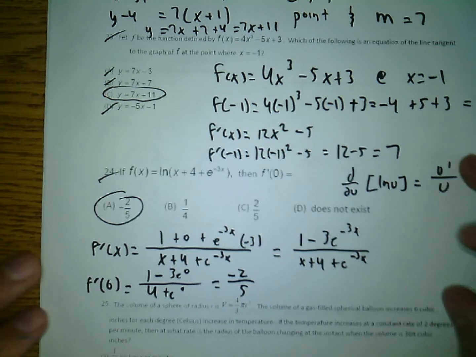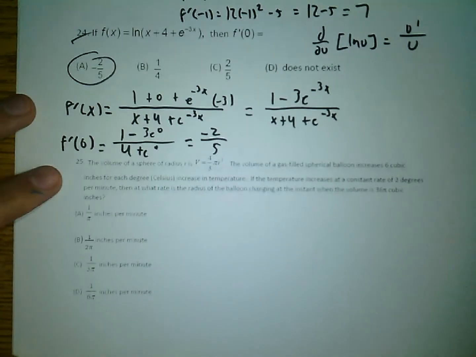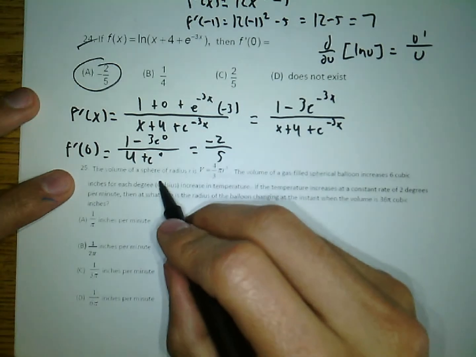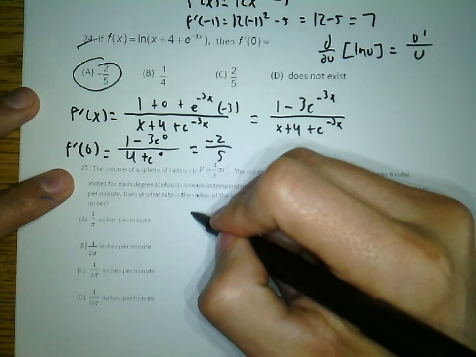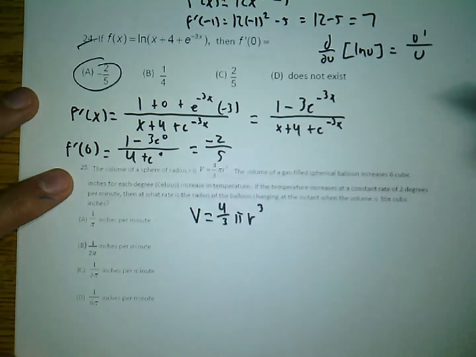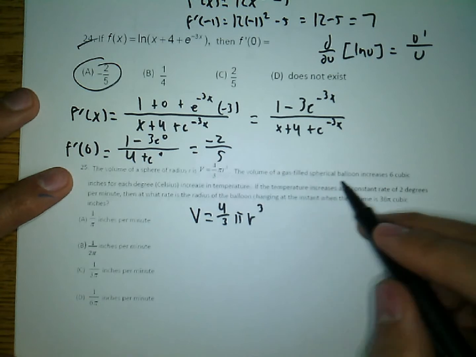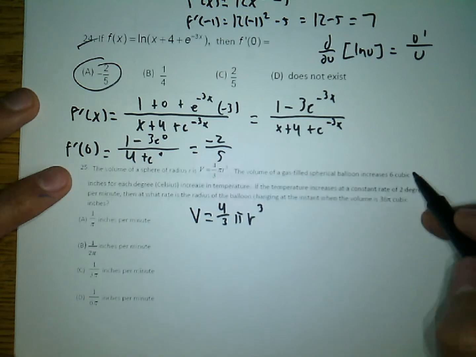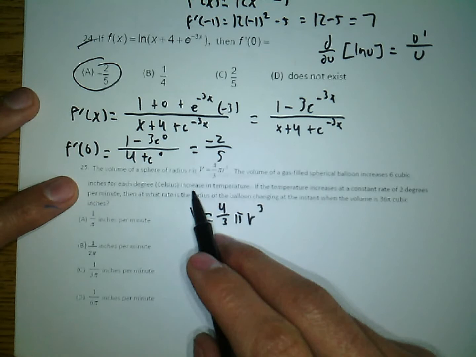All right. Okay. So it says, it's hard to read, so stay with me. It says the volume of a sphere is given by, okay, so we got a sphere, and its volume is 4/3 pi r cubed. The volume of a gas-filled spherical balloon increases 6 cubic inches for each degree Celsius in